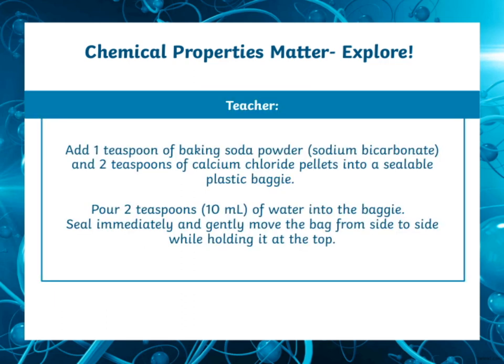Here's a simple experiment to explore chemical properties in action. We start by adding 1 teaspoon of baking soda and 2 teaspoons of calcium chloride pellets into a sealable plastic bag. Next, pour in 2 teaspoons of water. That's about 10 milliliters. Seal the bag right away, then gently move it from side to side while holding it at the top. This hands-on step helps us see how these chemicals react together, a great way to bring science